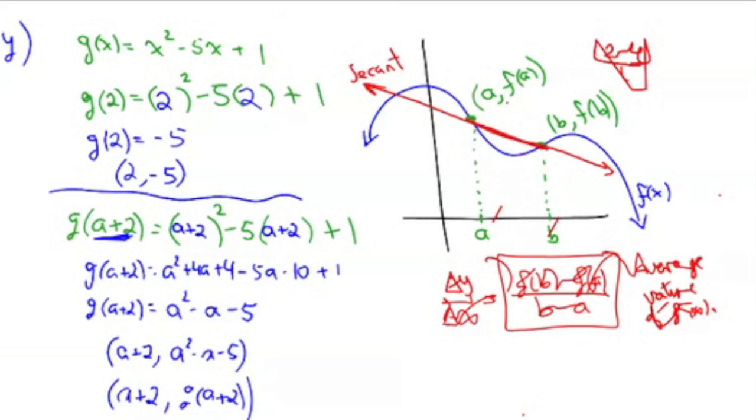So here comes the fun part. If I ask you what is the average value of a function, please do not memorize this formula. It's pointless, because all you're finding is, what's this? Well, what is change in y over change in x? Slope. So instead of worrying about memorizing a formula, find 2 points on the graph and find their slope. That's all there is to it. So I'll give you one example and then, no, maybe not. We have time. One example and then we'll do the quiz.